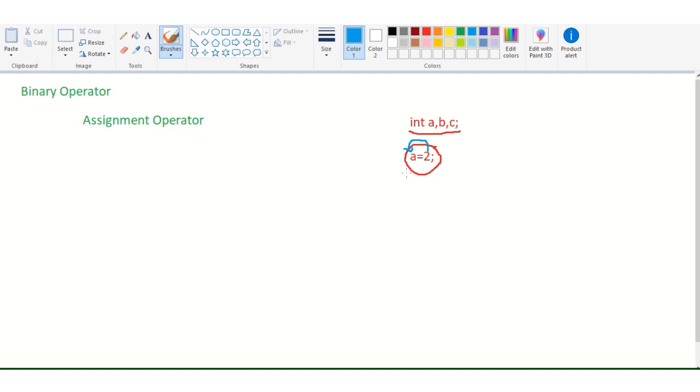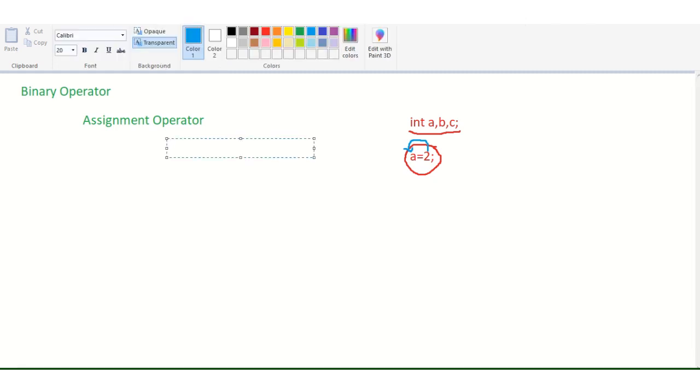So this works like this, right? Clear? This single equal to is the assignment operator.